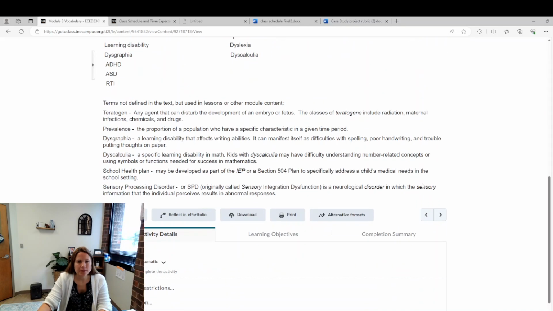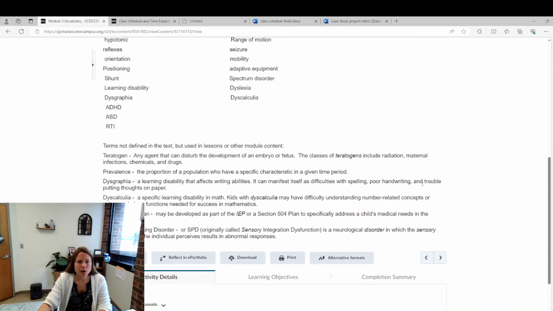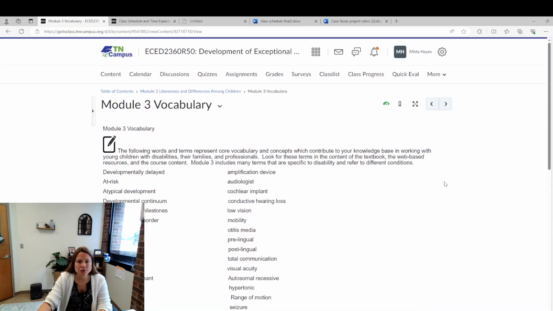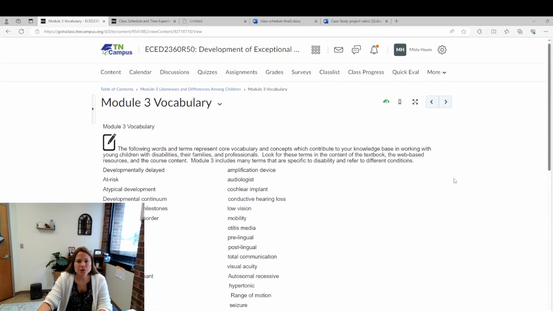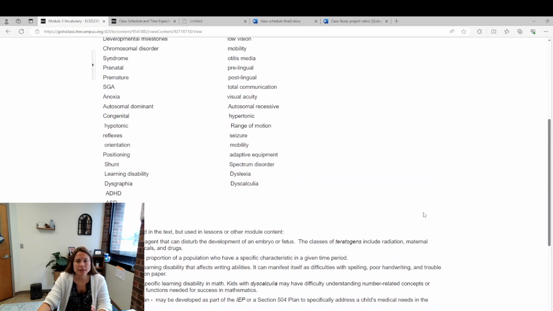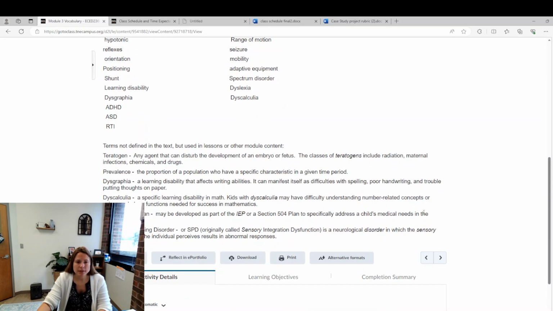Here's your vocabulary list and some terms that are prevalent to what we're learning about that you may see in the textbook chapters, or you may see them in our actual content as you're going through. So just make sure that you're aware of these definitions. If you need to, look in the content of the textbook and on the web resource, so you find these and know what these terms are and how they refer to the conditions or the disabilities or delays in the child. Okay, so if you look here, these terms are maybe not going to be in your text, but